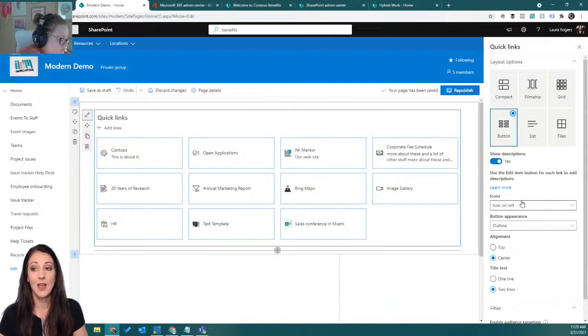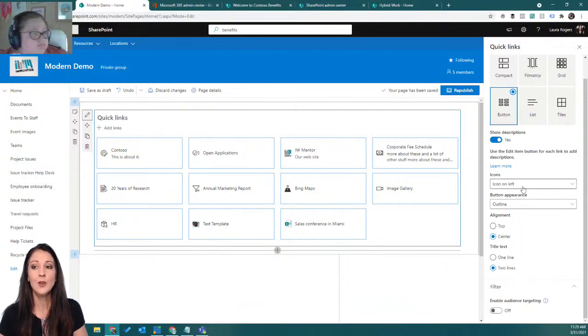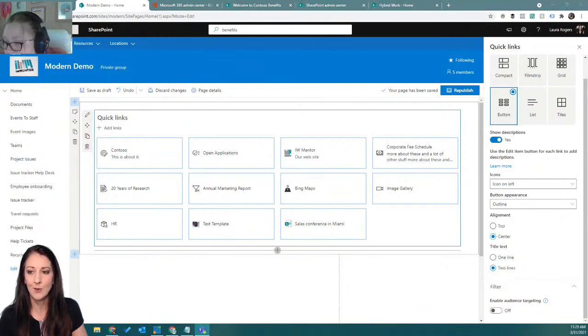Some more settings that you have with a button. You're going to be able to, and let me know, I guess, Joelle, if people have any questions. There were probably a lot of comments about